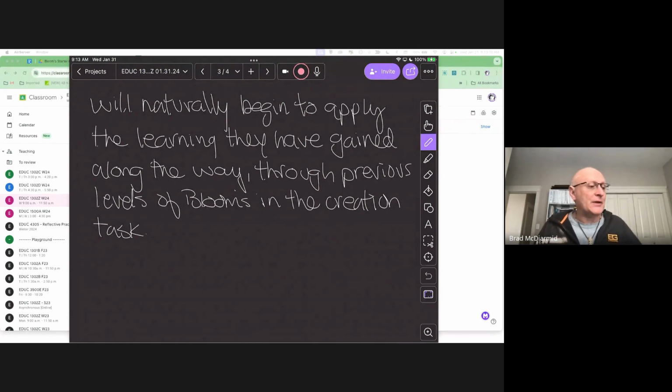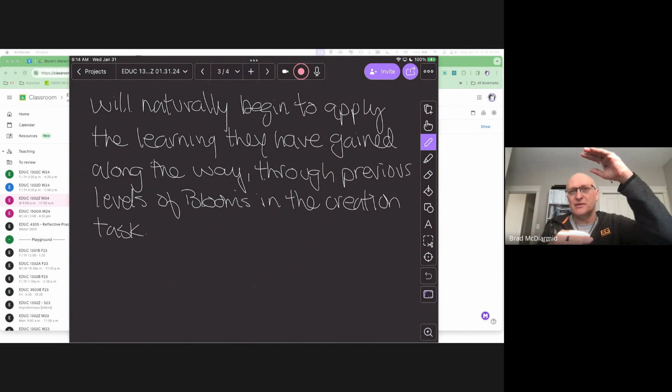And then they'll naturally apply what they've learned or gained along the way, as it says there, in that creation task. So at the end, if whatever they create is what you're like, oh, that's awesome, that's really what I wanted, then you've moved them through those different levels of Bloom's, and they've achieved or understand the outcomes that they're supposed to understand for whatever it is that you're teaching at that time. Okay,